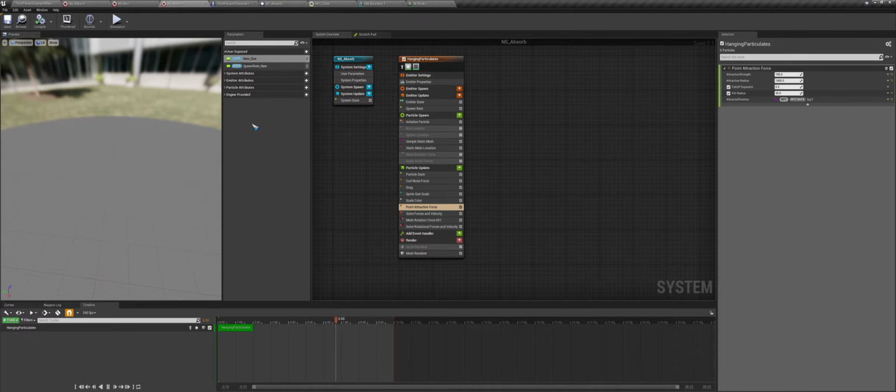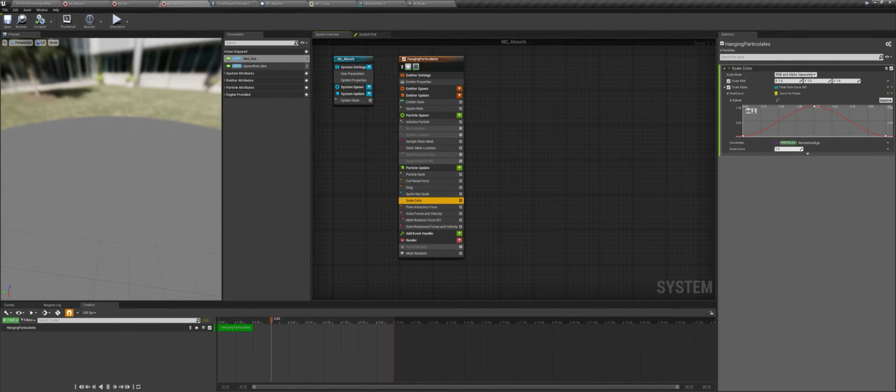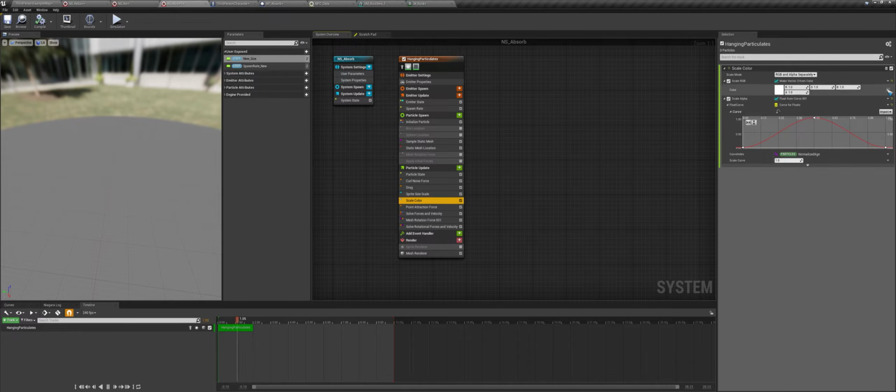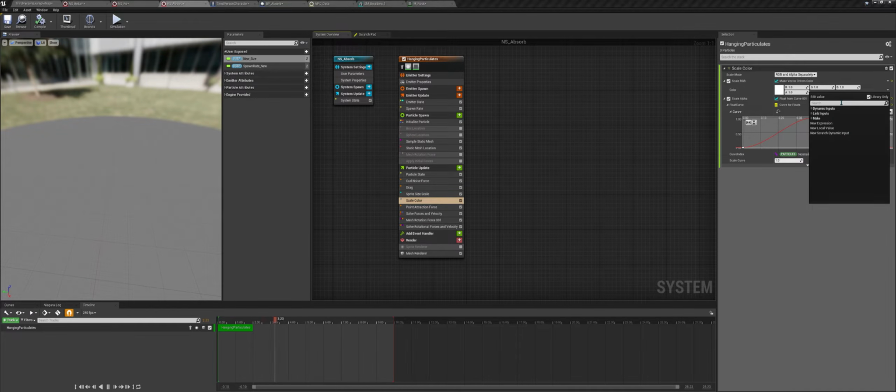So we will go to the absorption. We will go to the absorption material again. And we have this scale color here. I will click here and type in color. So make vector 3 from color. And here I will click this and type in curve and color from curve.